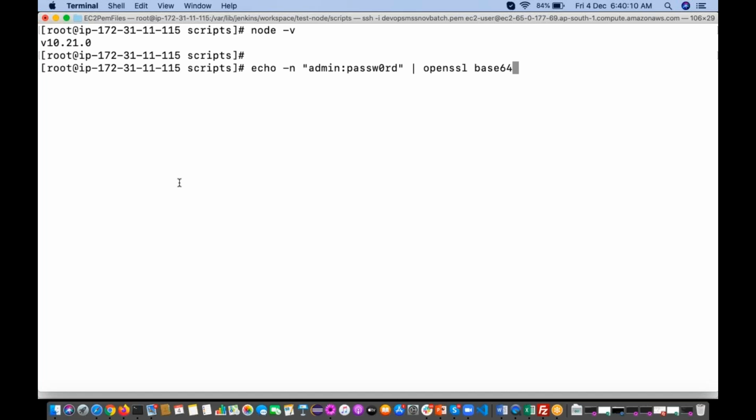Observe, this is what we got. So this is the command you have to use to generate this token. This is my Nexus username and this is the password. So you have to keep this one here.